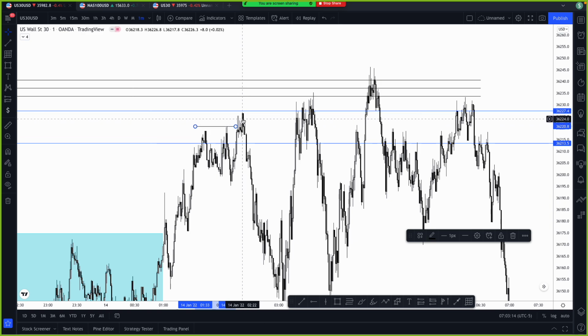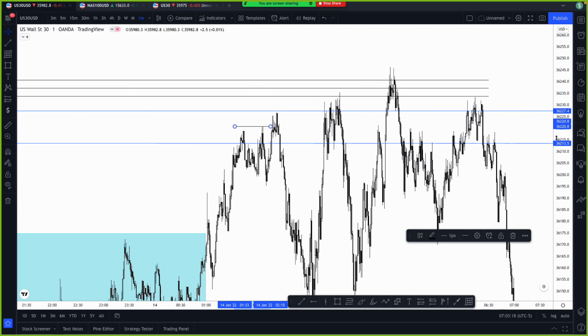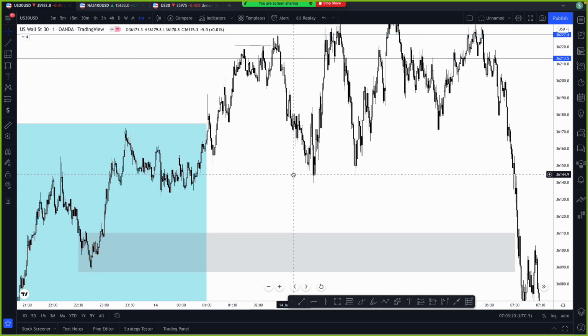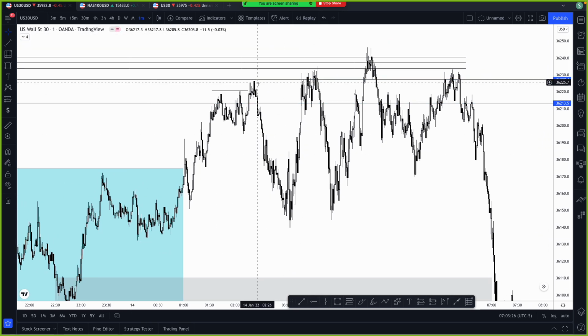Then I sold somewhere here, so my whole target was for them to target this area. This was the target that I was targeting yesterday, that we need to target this zone. So when it came down, I remember you also took an entry somewhere here, if I'm not mistaken.